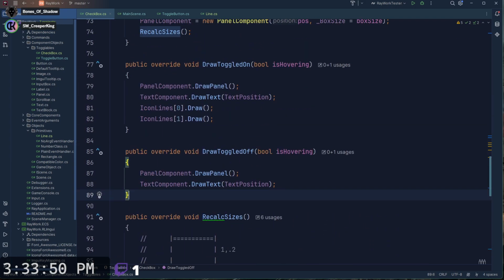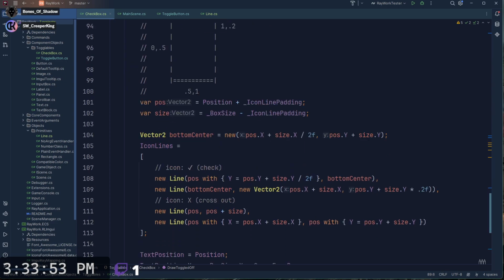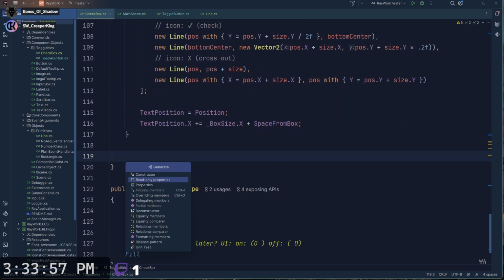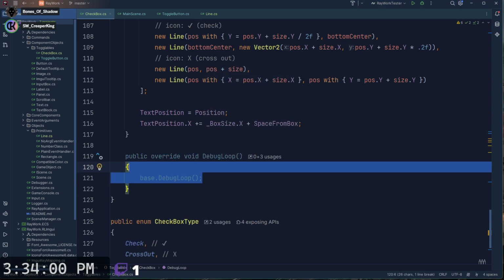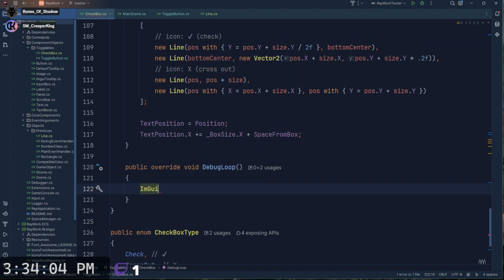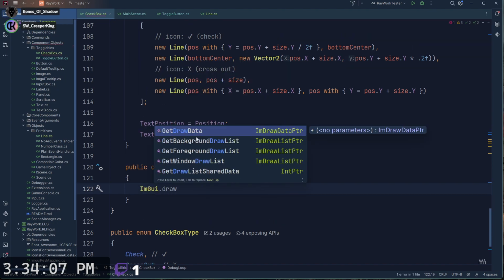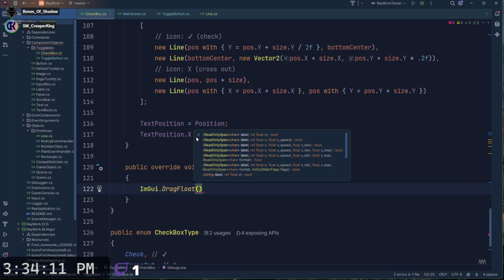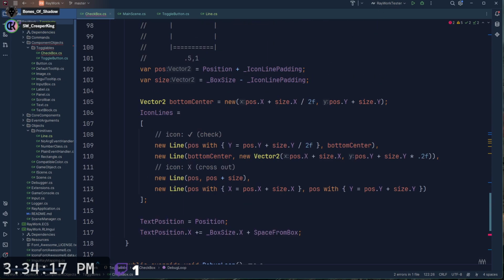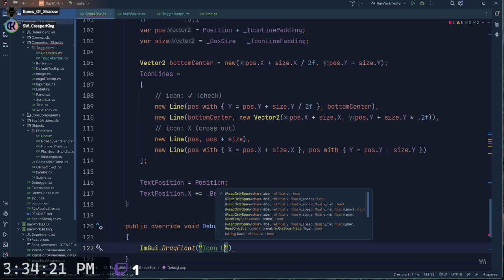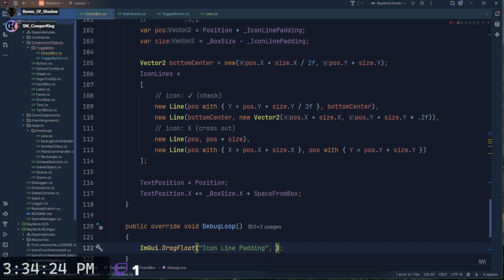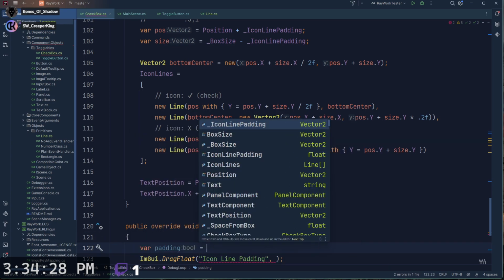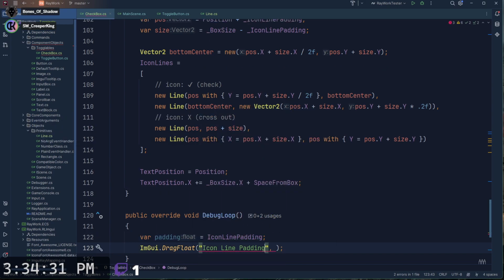I want to add quick override, debug, and then drag floats. I want to make this icon line padding. Line padding. If not, turn ref padding, and then